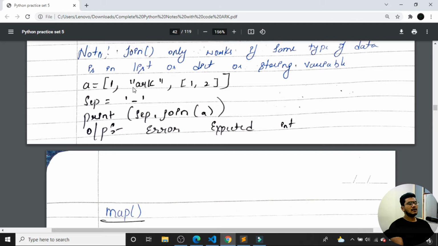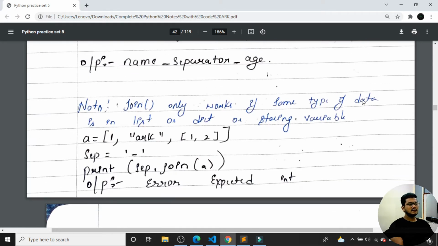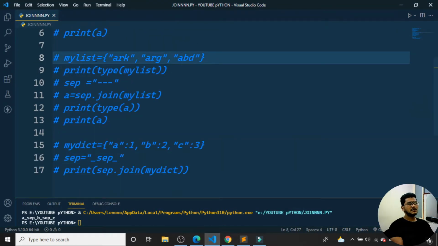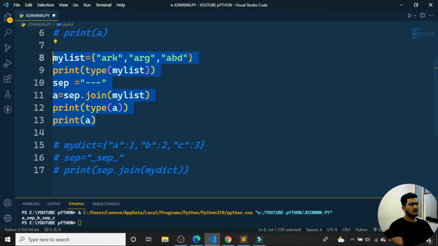Okay, you can work with this particular example 1 2 3. When I want to do it like this, separate or join, an error is expected. So why is the error expected? Join only works if the data in the list, dictionary, string or variable is of the same data type. So suppose I run the program as it is, and here I put 1 comma 2, where one is a string and one is an integer.